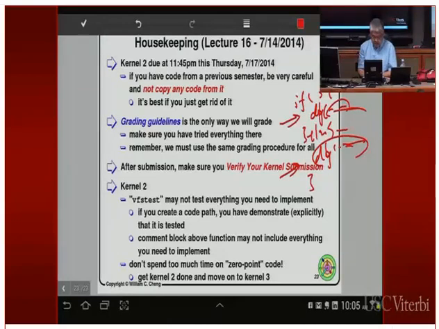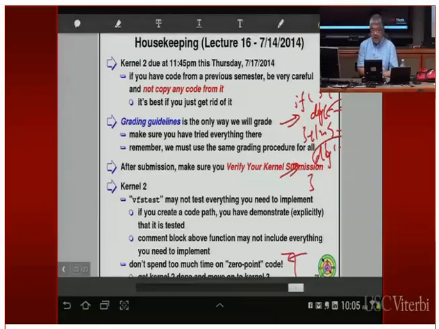So over here I emphasize again, if the function spec says you have to do this and that, but that will gain you 0 points, you don't have to do it. Just replace it by a k-assert and say that that condition can never happen in your code. So don't spend too much time on these 0 point code. Try to get it done and get ready for kernel 3. Hopefully today we'll give you something about kernel 3 so you can start looking into it, but I guess you need the next lecture to cover the entire kernel 3.